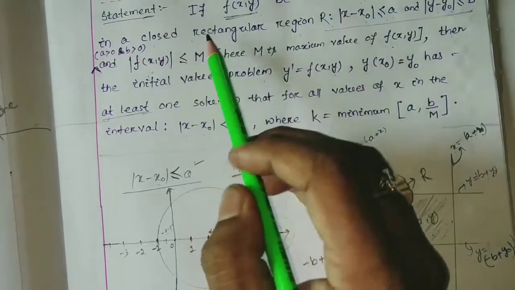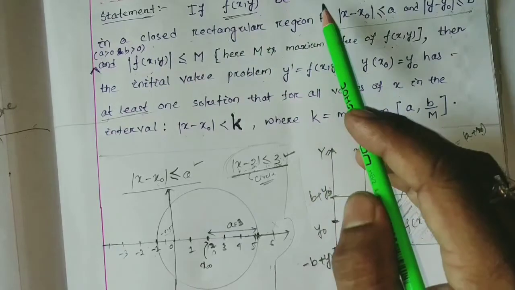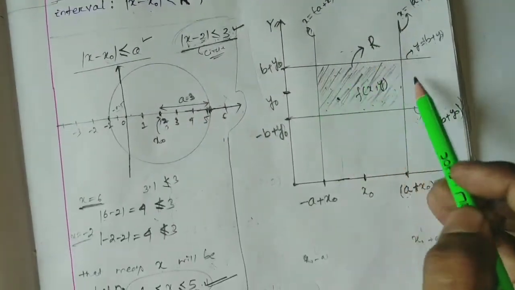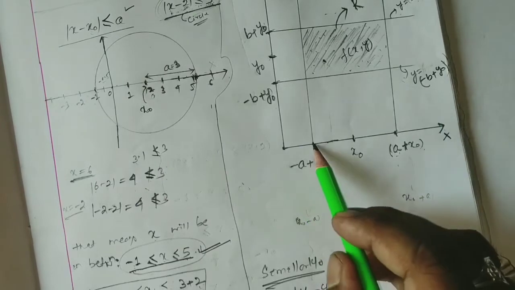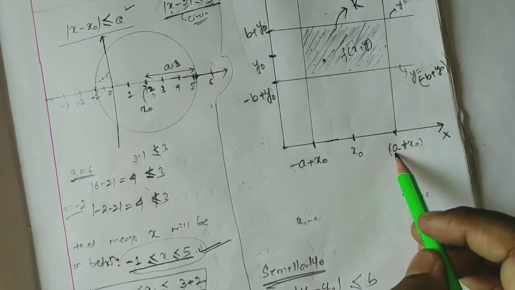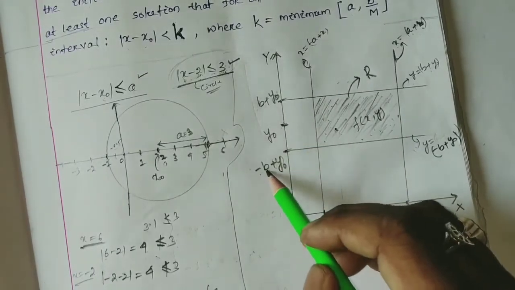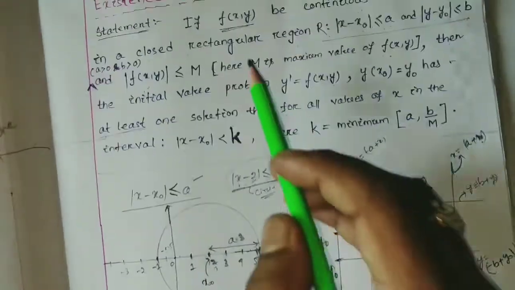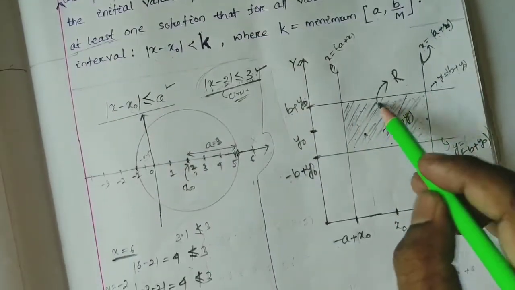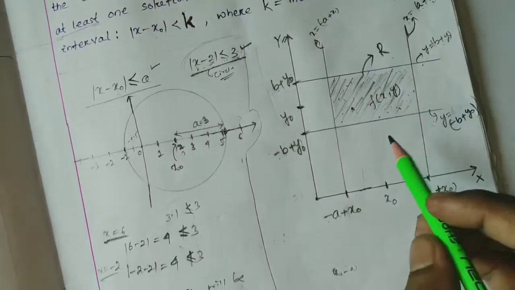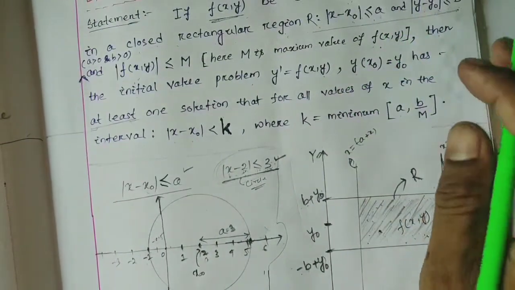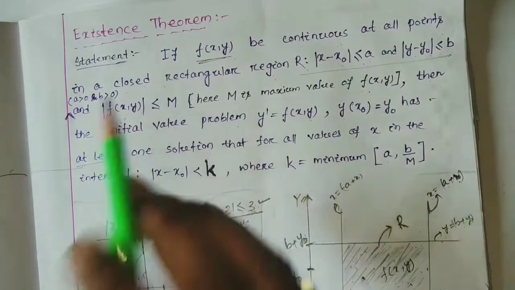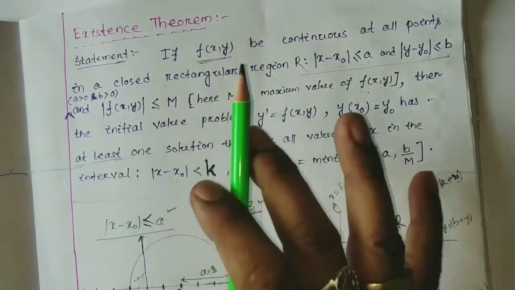Again I am going to read: if f(x,y) is continuous at all points in the closed rectangular region, which has x from minus a plus x0 to plus a plus x0, and y from minus b plus y0 to plus b plus y0, where a and b are positive, and f(x,y) has a maximum value, that is your M,